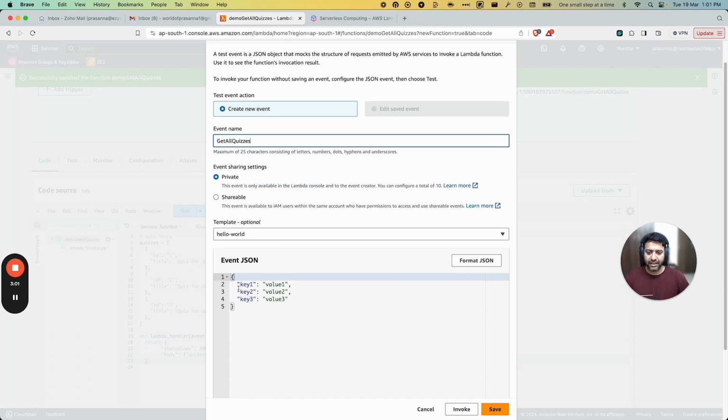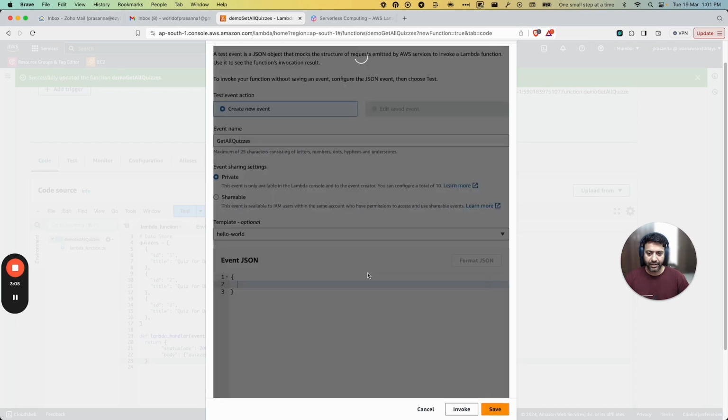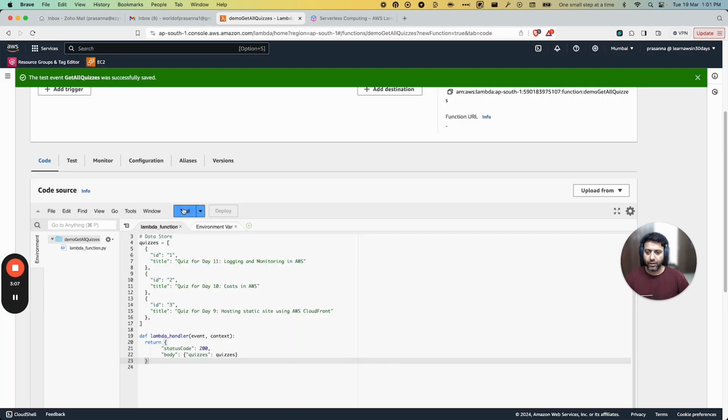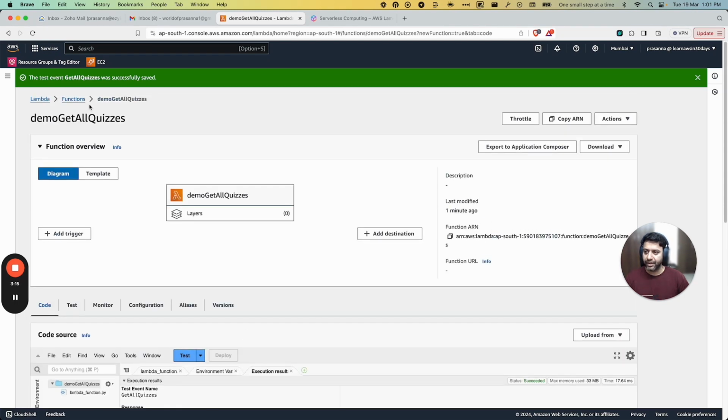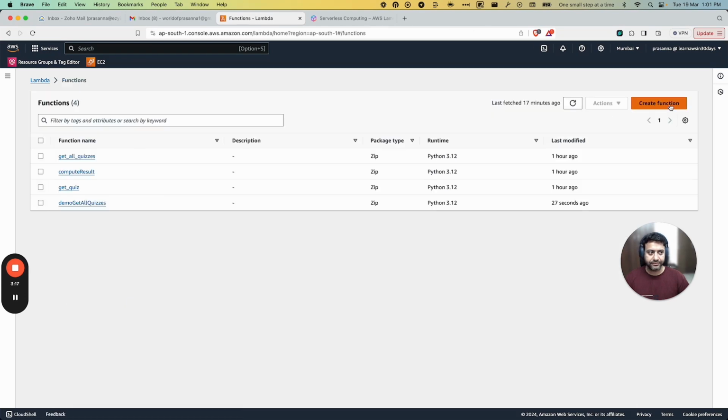There is no event to be passed here. It can be empty. Okay. So if I test this, you can see I'm getting a response back as 200, and the body contains the quiz information. Cool. The next one is